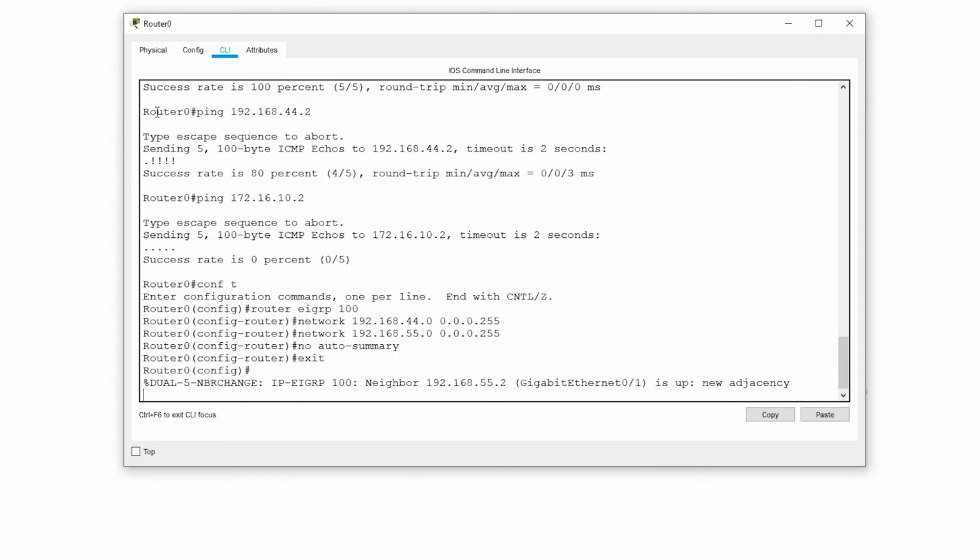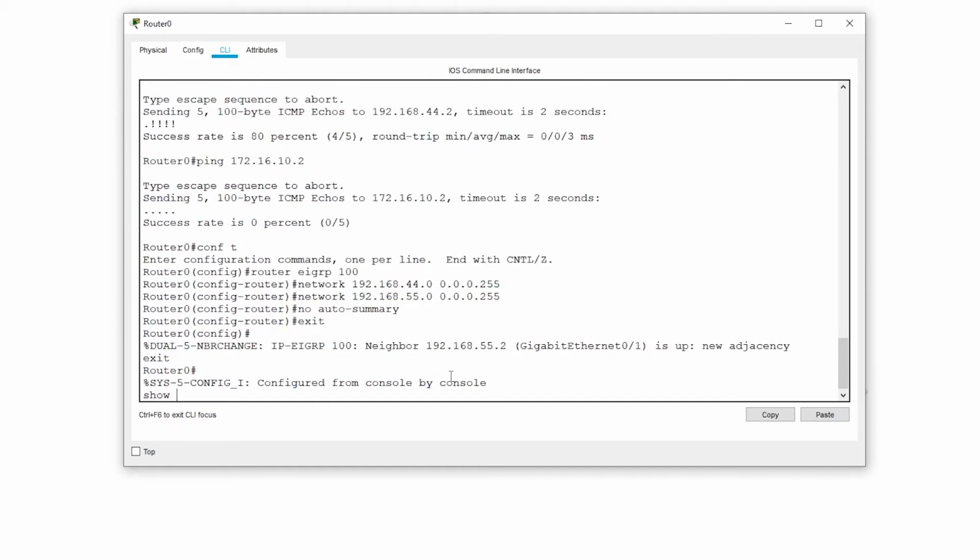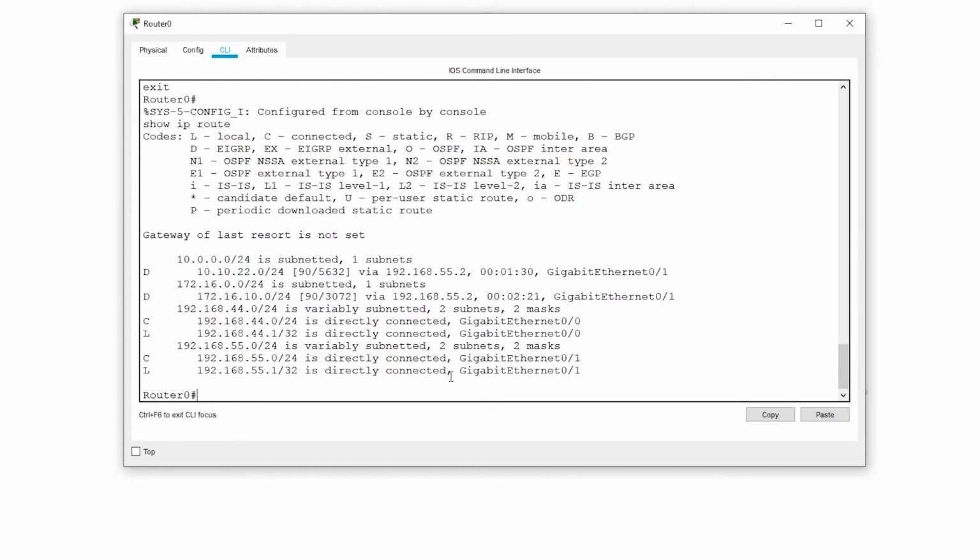In router 0, exit, show IP route. Same thing: 10.10.22.0 goes through 192.168.55.2 and 172.16.10.0 goes through the same port.